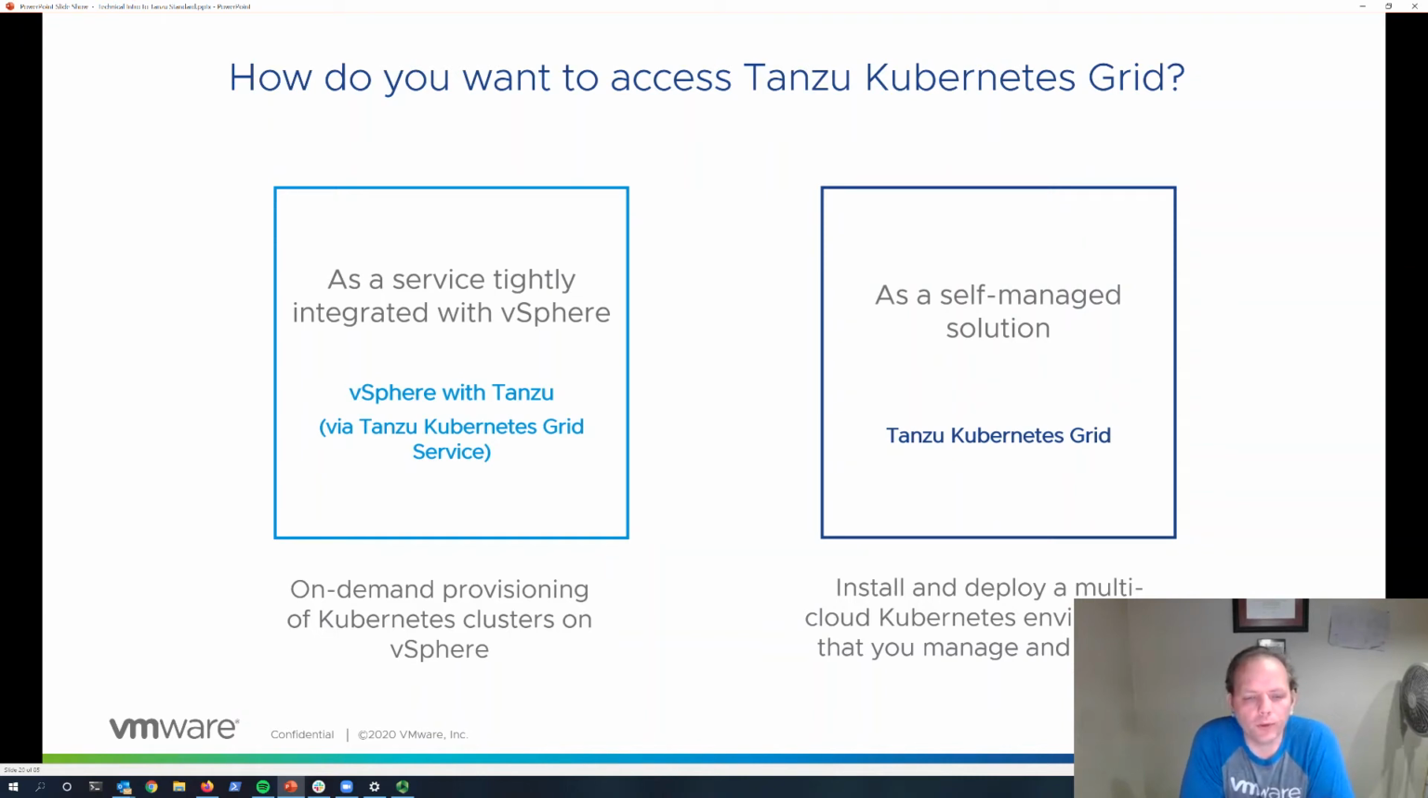First, let's look at how you want to access Tanzu Kubernetes Grid, essentially where you would like to install it. You can do so in vSphere 7, a product we call vSphere with Tanzu. The Tanzu Kubernetes Grid service is embedded. Everything that's needed is included in vSphere 7, and rather than doing an external installation, the components